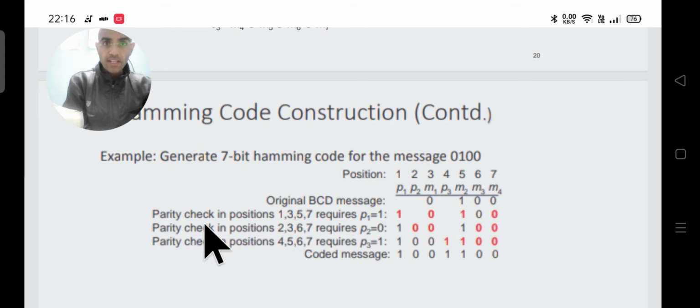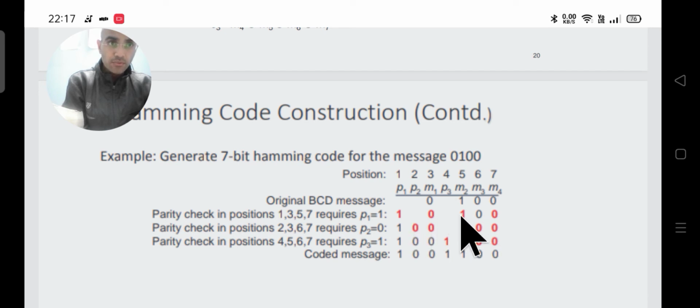Now we want to find the parity checks. So even parity we are talking about. So you see, again we will take the group 1, 3, 5, 7 and make this group have an even number of ones in this message. I have shown those message bits 1, 3, 5, 7 in red color. So 1357 we have taken here.